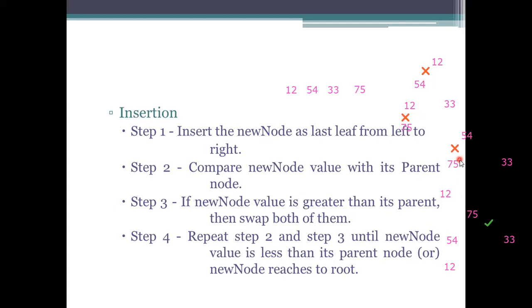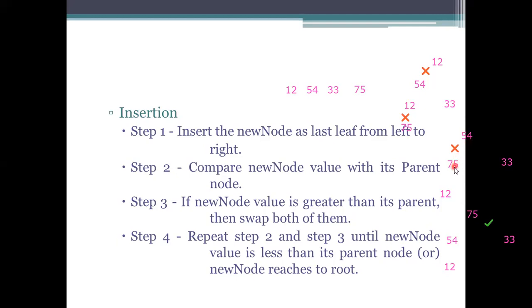we are repeating these steps, recursively. Repeat has to be done, because the placing of this node must keep the max heap property, meaning the root node should be greater than all the children. So we need to check whether all the children in this tree are less than or greater than the parent, and what relation has to be specified there. So I need to compare the value with this parent.